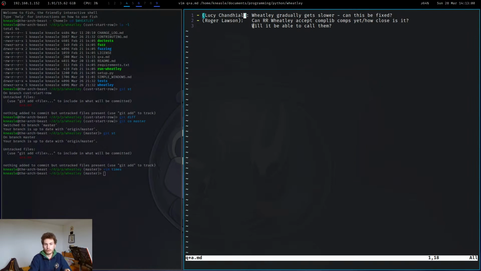Back to this question: will Ringing Room Wheatley be able to call complex compositions? The answer is yes, it already can, except that you can't input a composition. If you could somehow break the system and input a composition, Wheatley would call it already. The Ringing Room version has been on the version I released yesterday, that we released, Matt and I decided to